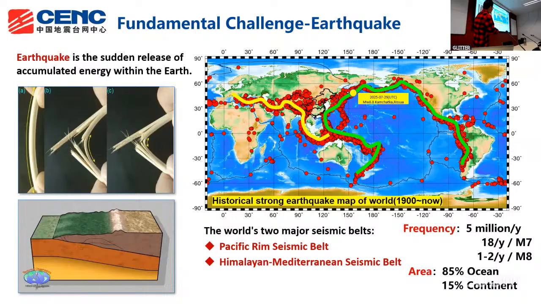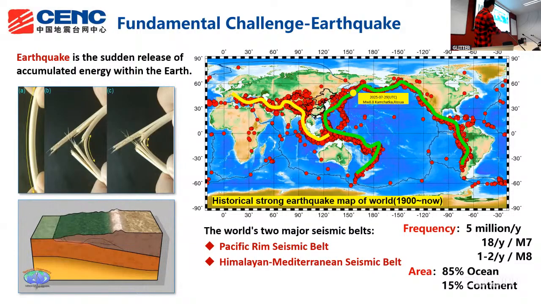Yeah. So from this earthquake map, we can see a lot of earthquakes concentrate on two belt zones. We call these two belt zones the major seismic belts. One is the Pacific Rim seismic belt. It's like this. And the other is the Himalayan-Mediterranean seismic belt, from Indonesia, India, China, Nepal, and go